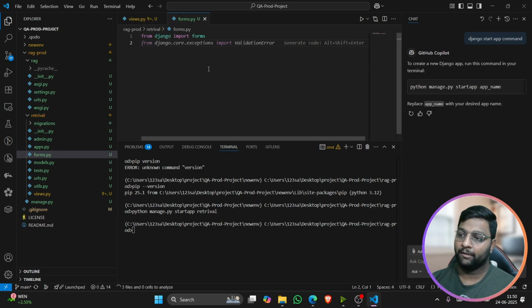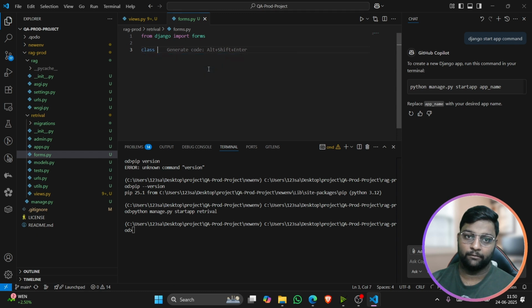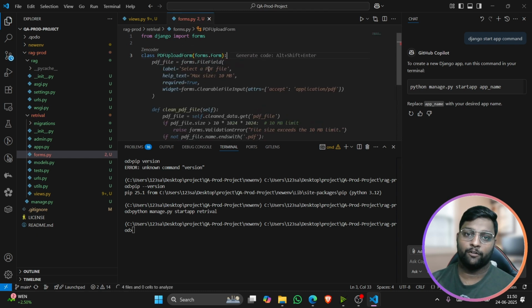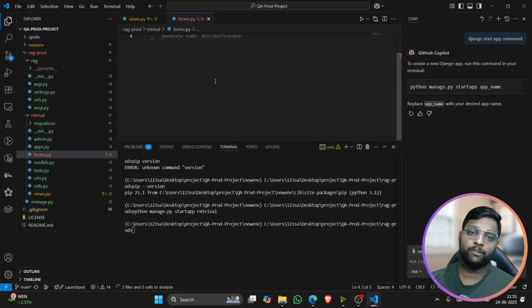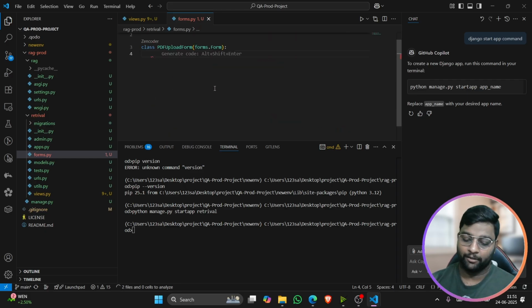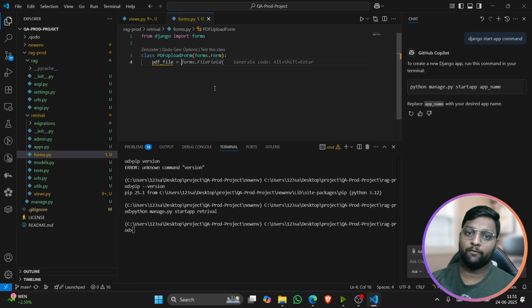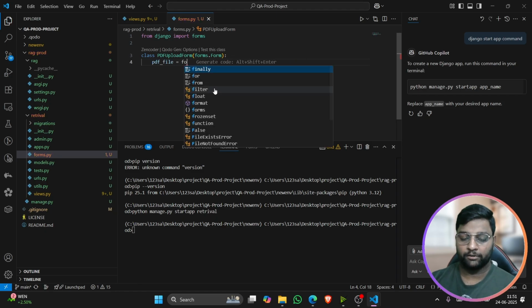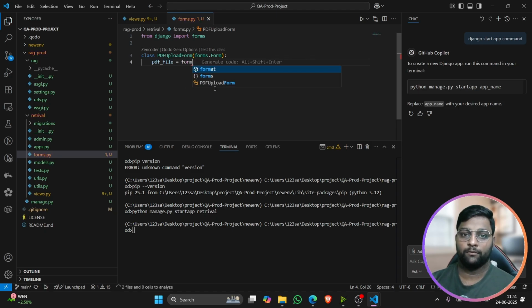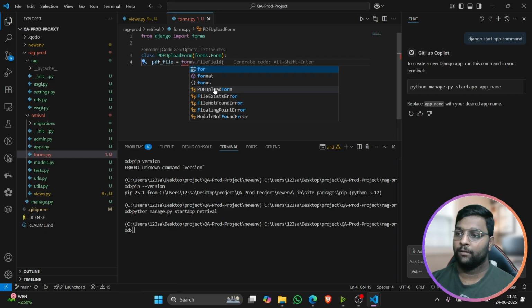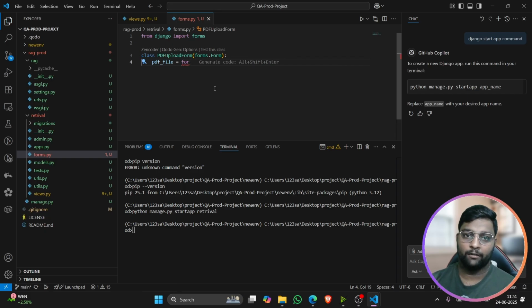And after importing forms, a simple class PDFUploadForm, forms.Form, and we are not going to write that much big functionality. pdf_file equal to forms.FileField,